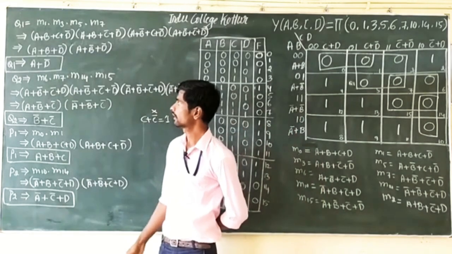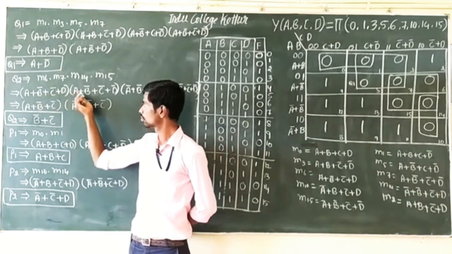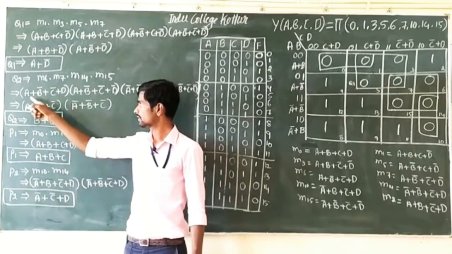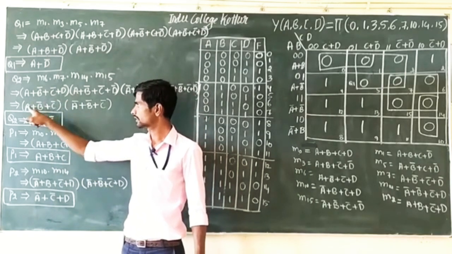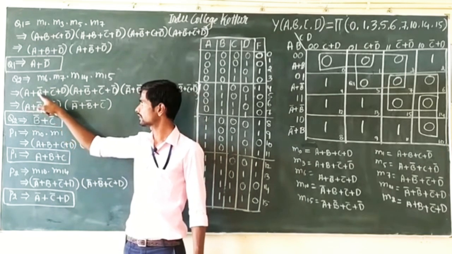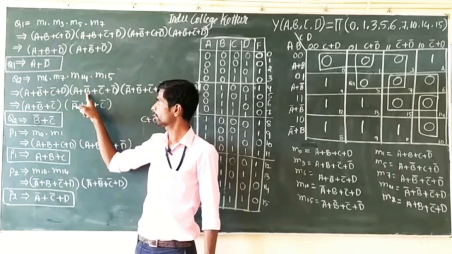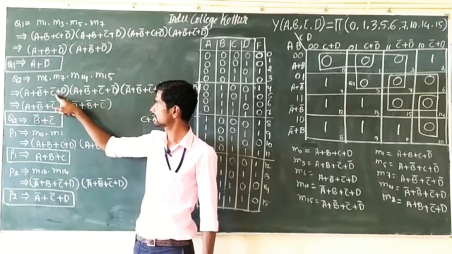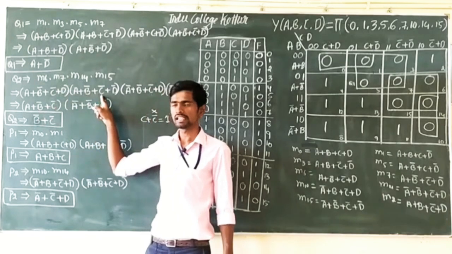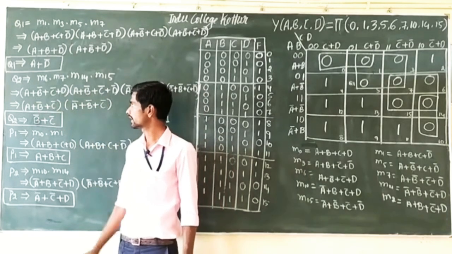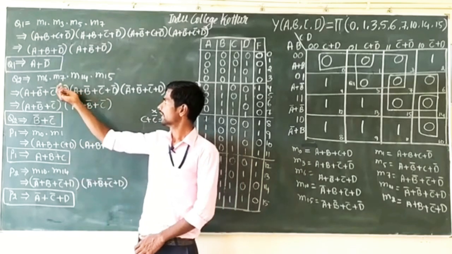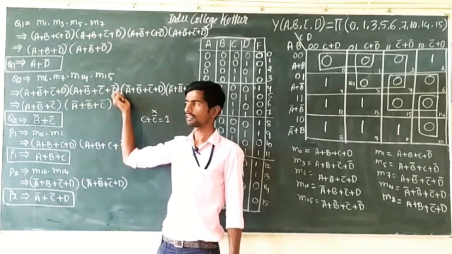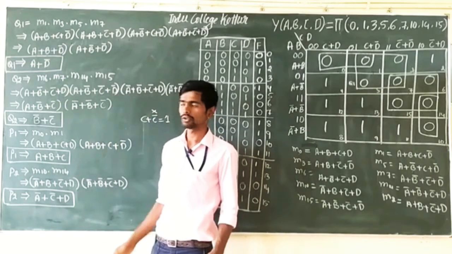Again we can reduce the first two expressions, taking only the same variables. Here is a, here is a, we can write a here. Next, b complement, b complement, yes we can write b complement. Here is c complement, here is c complement, we can write c complement. Yes, here d changes because here is d, here is d complement, so we can ignore it.